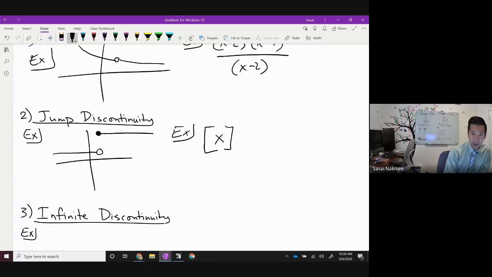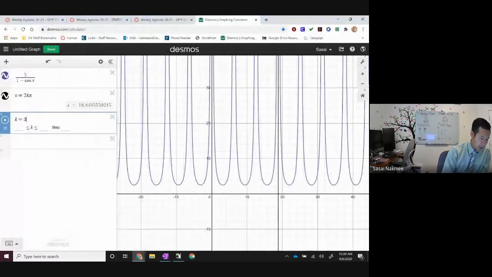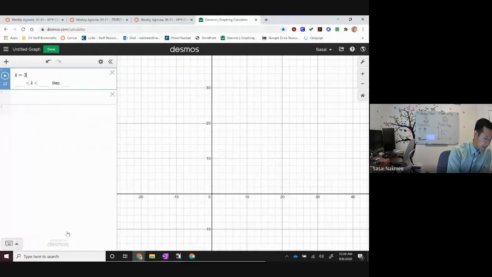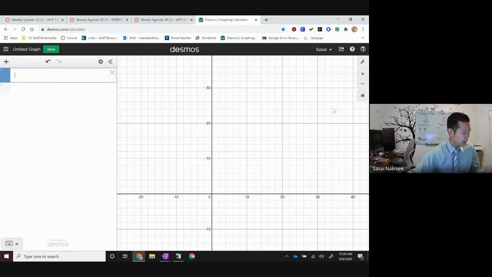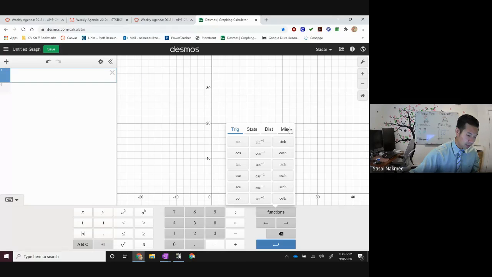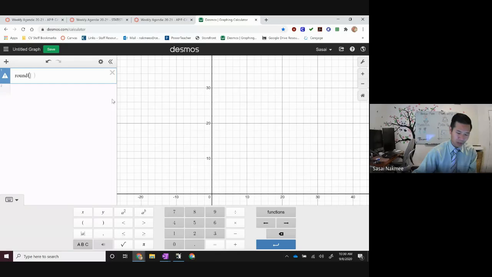But for those who aren't familiar with this one, this function would take, if you had a decimal like 2.3, and it'll just round it for you. And then if you plug in 2.5, it'll round it to 3 for you. And those guys are actually neat. If you go and look into Desmos, they actually have that function in here. Let me find it. Function, miscellaneous, and it is the rounding function. So if I had the rounding function like that,